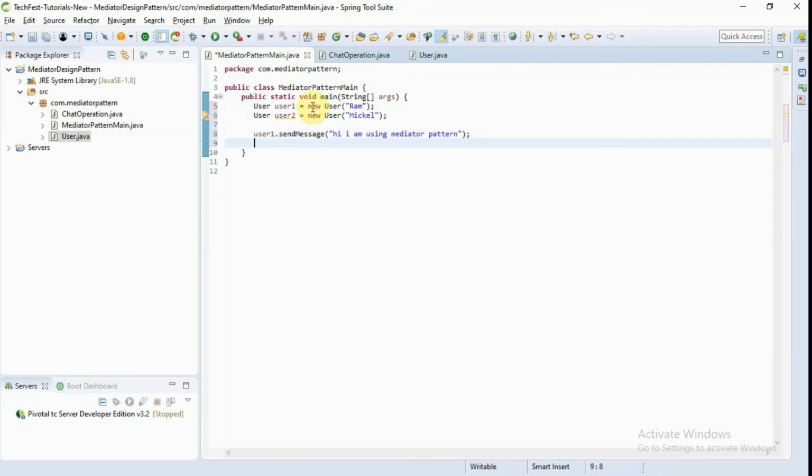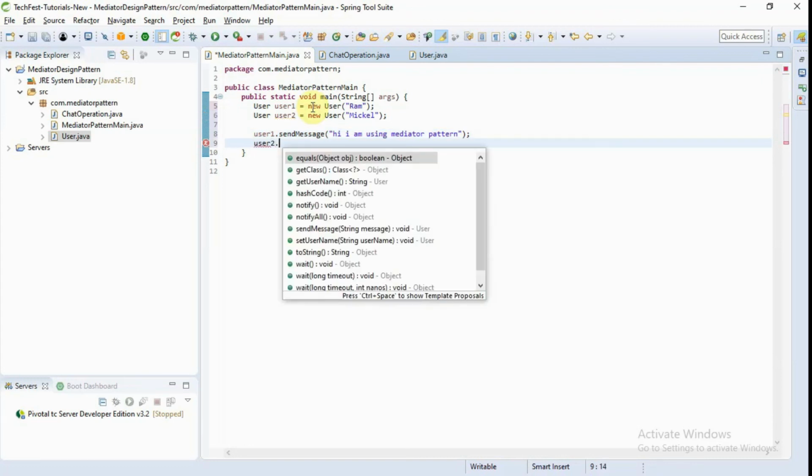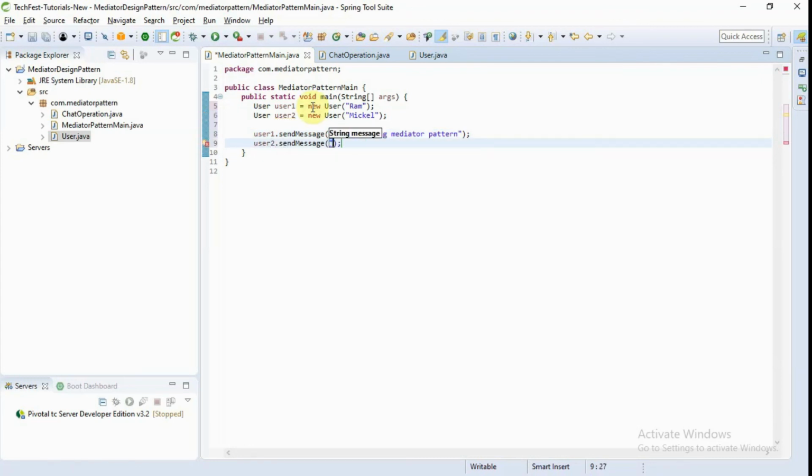And user 2 also sends a message, "Hello, I am also learning mediator pattern."